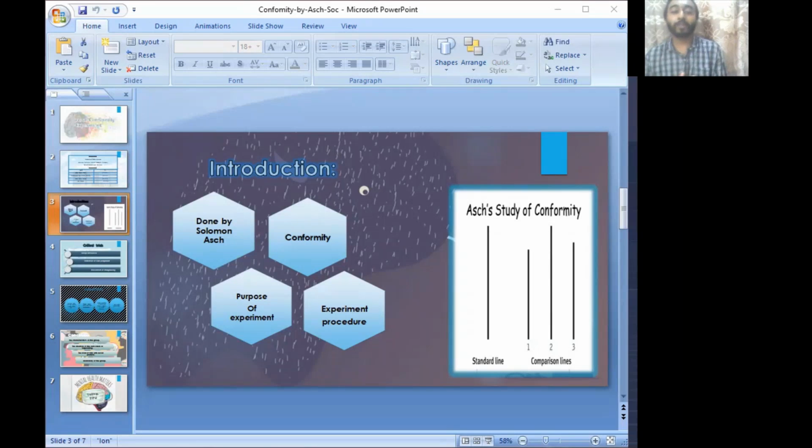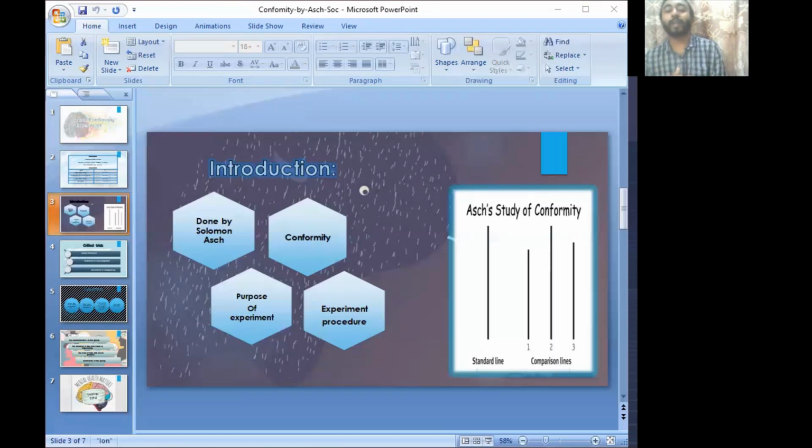The real participant did not know this, and was led to believe the other confederates were also real participants like themselves. Each person in the room had to say aloud which comparison line, A, B, or C, was most like the target line. The answer was always obvious. The real participant gave his or her answer last.